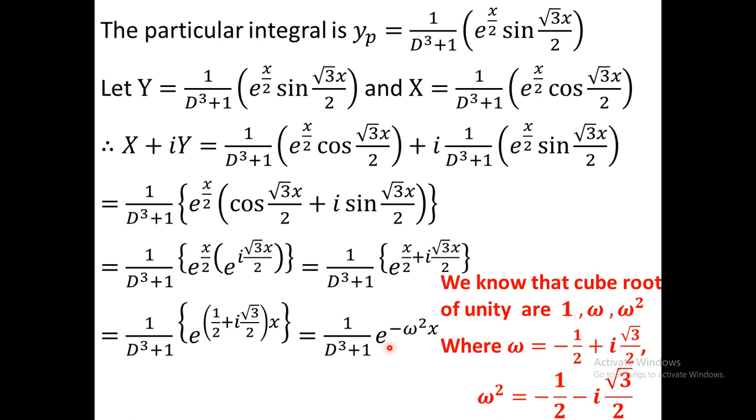We have to take this as e to the power alpha x into V of x, that is in rule 2. Therefore we take e to the power of minus omega square x in front of that, and the 1 remains, and after taking e to the power minus omega square in front, we have to change d to d minus omega square. Okay, so e to the minus omega square x, 1 by d minus omega square whole cube plus 1. Now I just calculate it, this is the result. Now we have to simplify it.